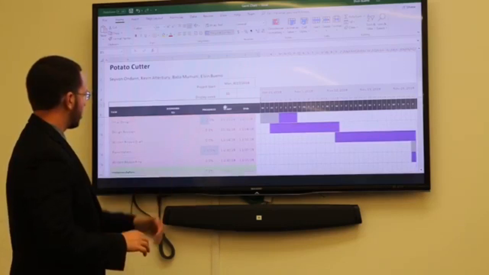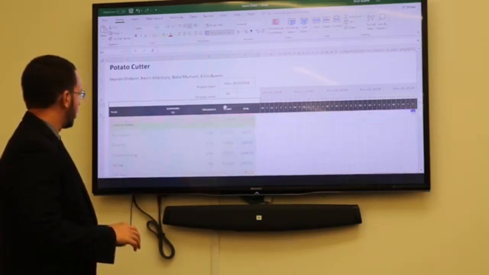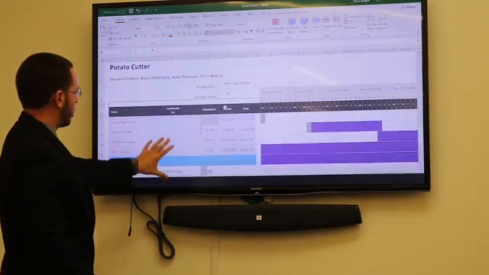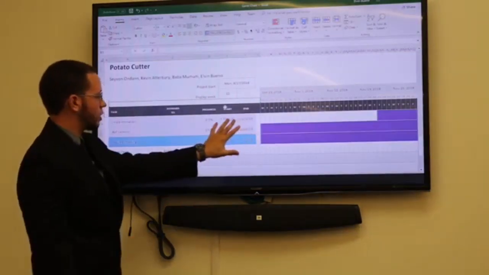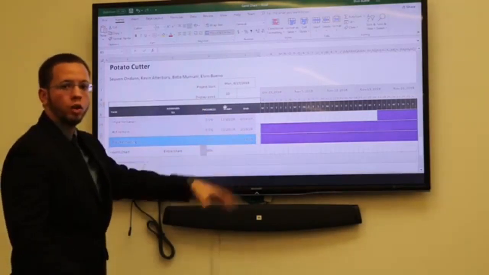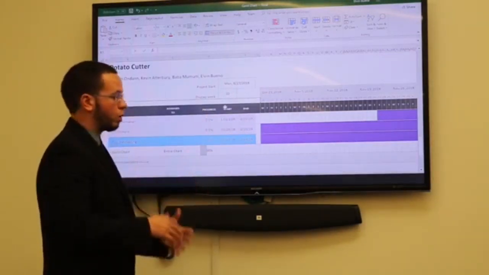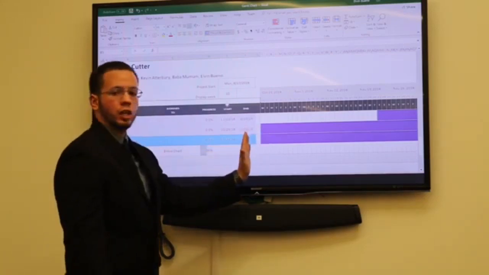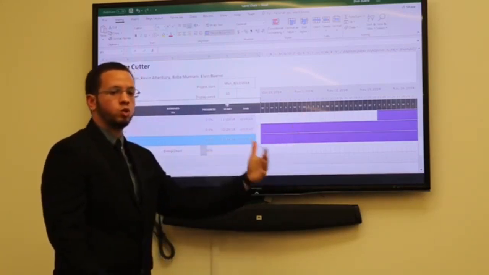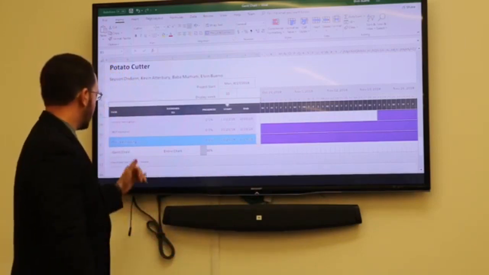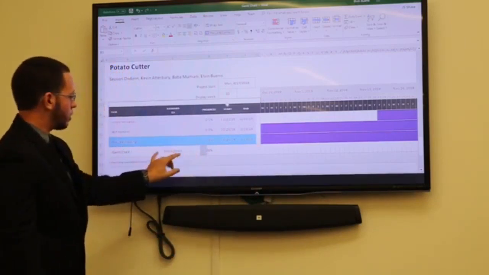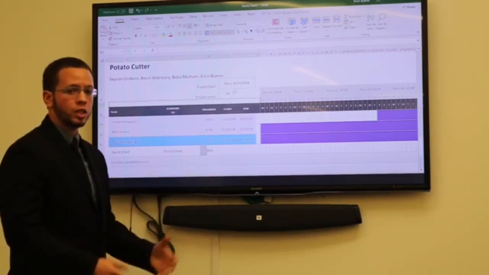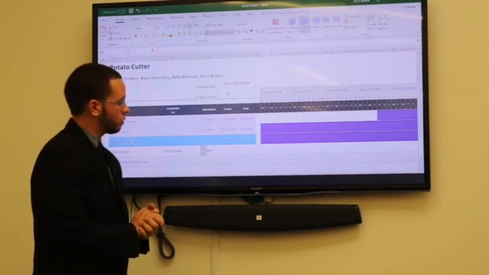Keep scrolling. These are other sections right here so far. This section actually includes our code, and our code can be used and troubleshooted in any manner that we need. And our troubleshooting is actually a bar that goes all the way across because we will troubleshoot the entire time for this project. And this last cell just states that, as of right now on our Gantt chart, our entire project is only 36% completed.